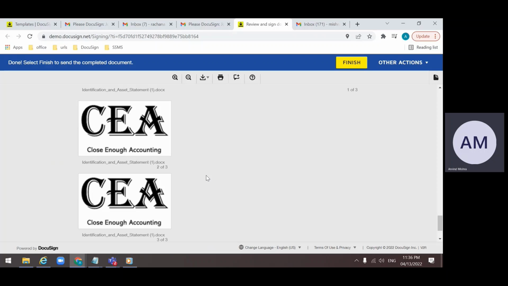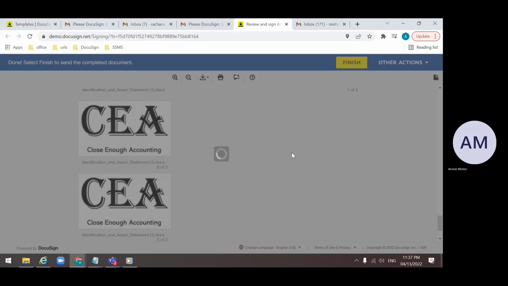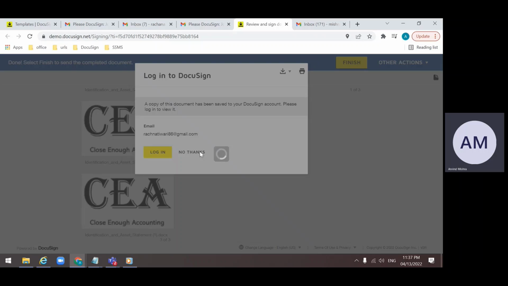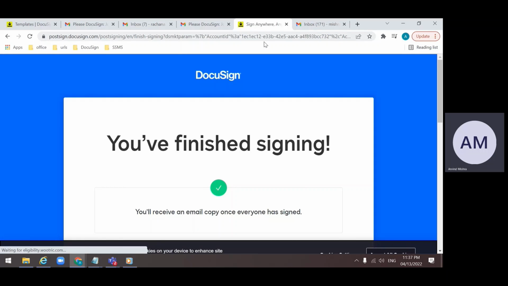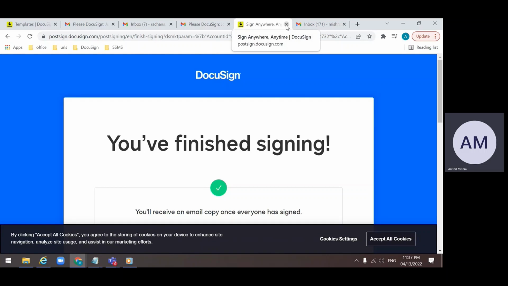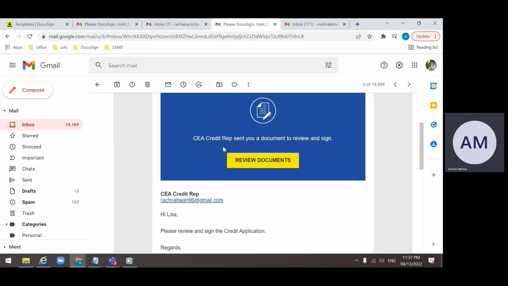So you can see that, and I'm going to hit on finish here. So thanks. So I have finished as a co-applicant. So signing part is done for co-applicant and applicant. So let's go to the DocuSign account